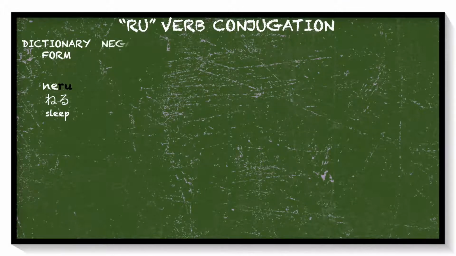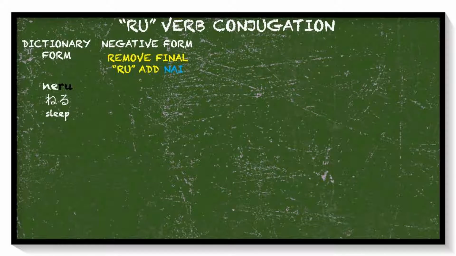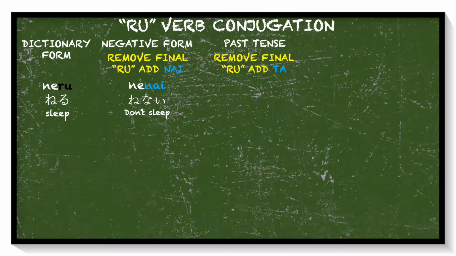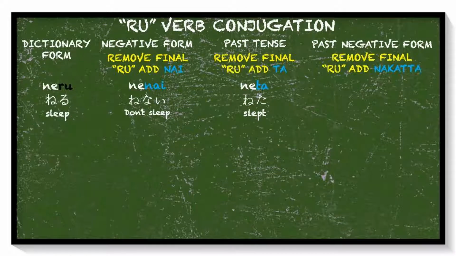If we will make it in negative form, or don't sleep, remove the final ru, and add ない, so it will be 寝ない。 If we will make it in past tense, which is slept in English, remove ru, and add た, and it will be 寝た。 If we will make it to past negative form, or didn't sleep in English, remove ru, and add なかった, and it will be 寝なかった。